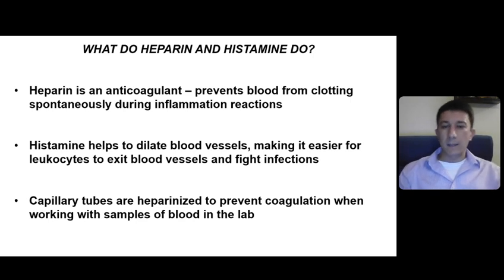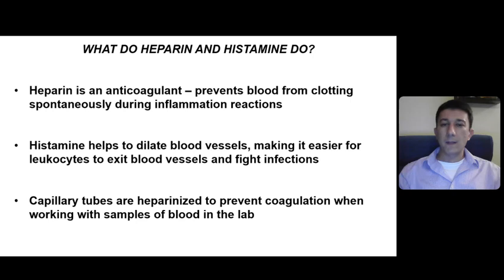Histamine helps to dilate blood vessels. So histamine helps to expand those blood vessels during inflammation reactions, and that's actually what causes inflammation. And the dilation of blood vessels makes it a lot easier for leukocytes to exit the blood vessels to fight infections. So we saw that the leukocytes have the ability to leave the blood vessels to fight infections in the